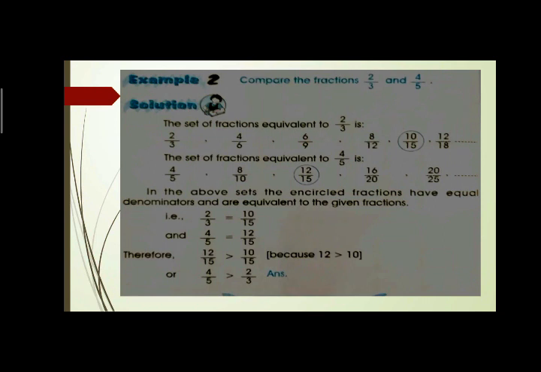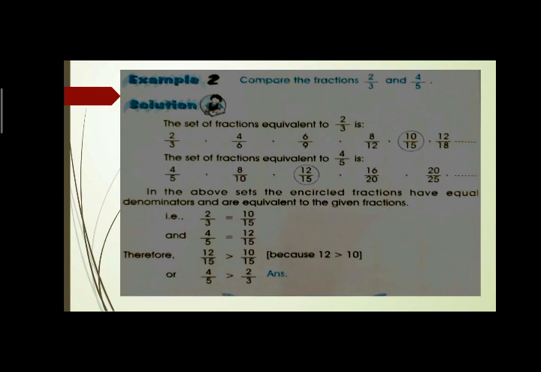I think all of you remember we multiply the numerator and denominator by the same multiplier. We build the equivalent fraction here. The multiplier is 2, then we build 8 upon 10. Again, 4 upon 5 multiplied by 3 builds 12 upon 15, 4 upon 5 multiplied by 4 builds the equivalent fraction 16 upon 20, and one more equivalent fraction of 4 upon 5, multiplying by 5, we get 20 upon 25.